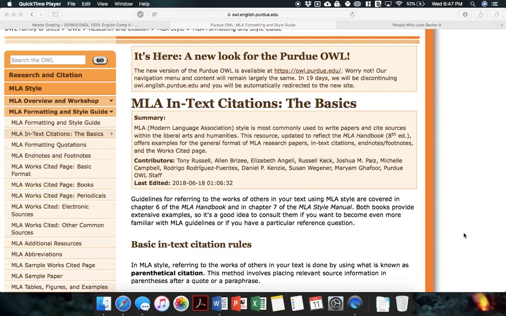Guys, I wanted to make a short video talking about how to do in-text citations, MLA style in-text citations. So you should have gotten the hang of creating citations for the works cited page in MLA style in Unit 2, doing your annotated bibliography. The new version of the MLA has made that pretty easy because all you have to do is copy and paste the automatically generated citation from the database,